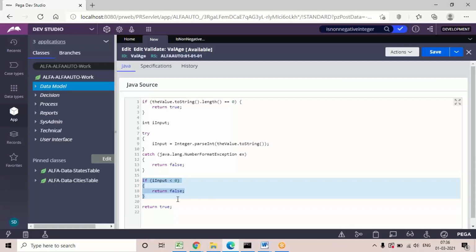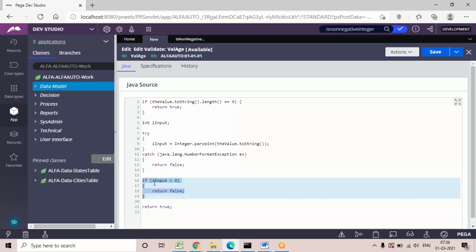So for adding messages, we use property dot add message. Don't worry if you don't have knowledge, no issue. I've given the code in the document. You can just copy paste. The first condition is if I input less than 25, property dot add message, and in the bracket you have to give the message. Another condition is if I input greater than 75, property dot add message, and in the bracket you have to add the error message. Okay.